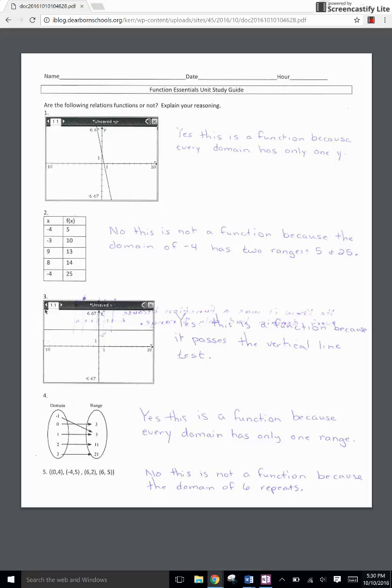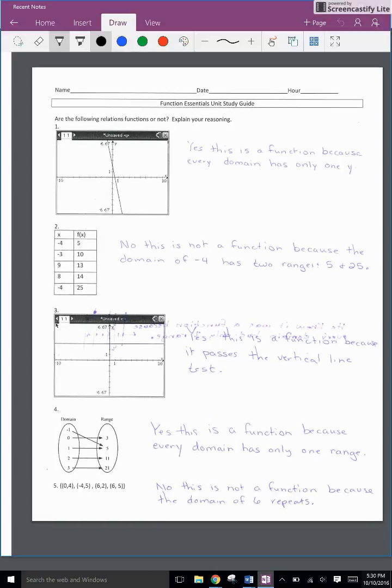Okay, in this video, we are going to go over the first half of the study guide. Now, in 1 through 5, it's asking you if these relations are functions or not. So whenever you see a graph, you should implement the